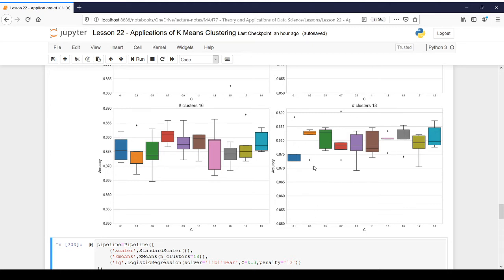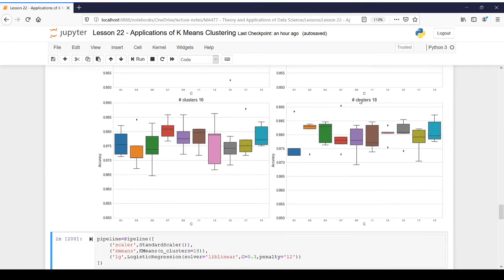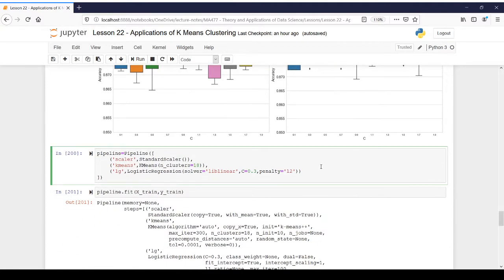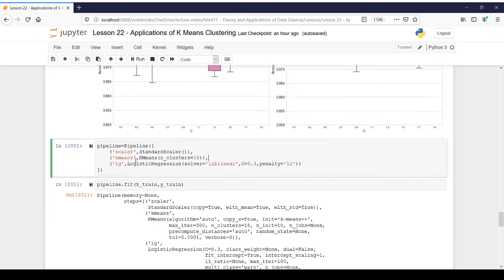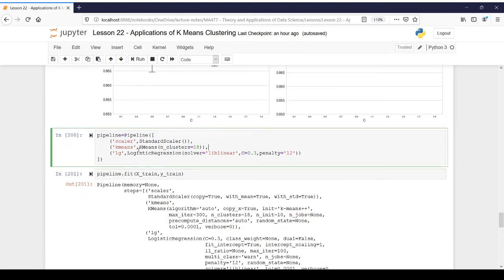So here, let me use 0.3. One thing I want to keep in mind, though, is that because 18 clusters turns out to be the best, maybe if we first transformed our data into more clusters before applying logistic regression, we may have done better, and that's actually what we do next. But anyway,